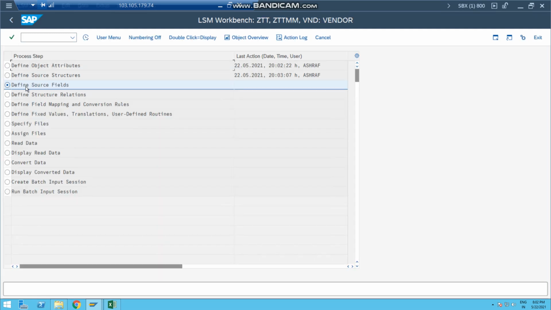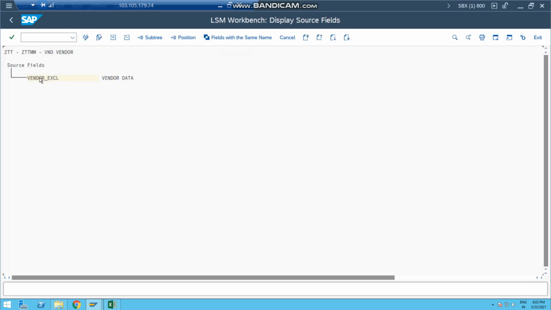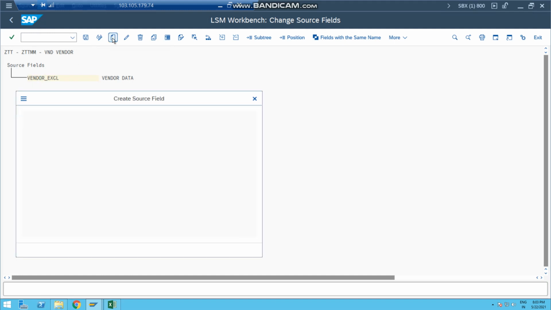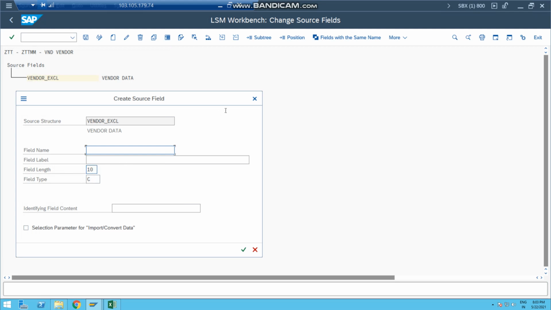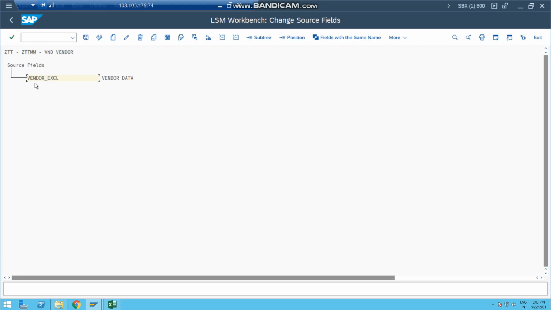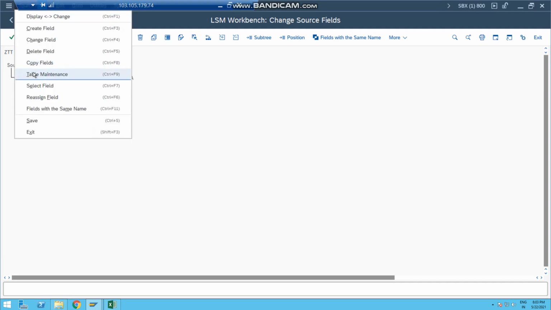Next is define source fields. So click and click this Excel. First of all, it's a display, so we'll change it. So it says change source fields. Click this, create field. Okay, not this way. But I'm going to select, and from this say table maintenance.